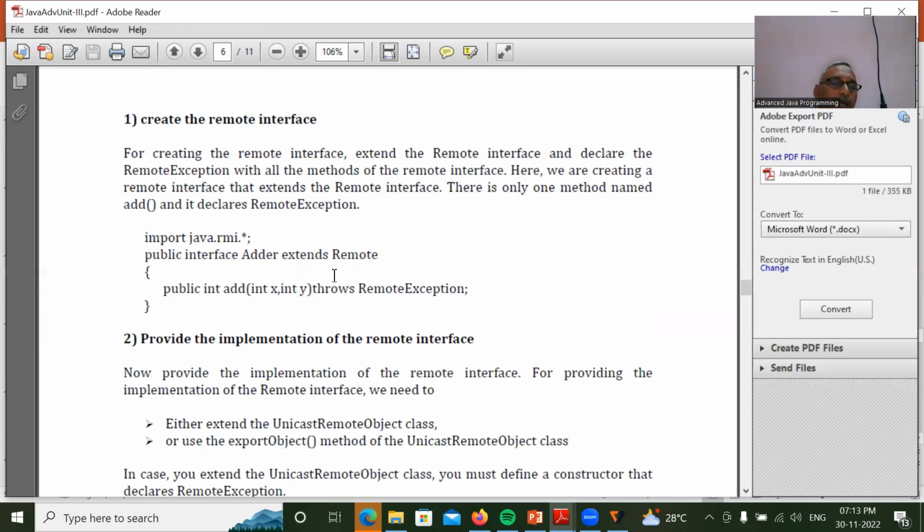Next, second step, now provide the implementation of the remote interface. For providing the implementation of the remote interface, we need to either extend the UnicastRemoteObject class or use the exportObject method of the UnicastRemoteObject class. In case we extend the UnicastRemoteObject class, we must define a constructor that declares RemoteException. Like this,